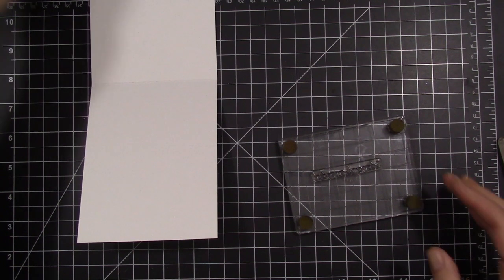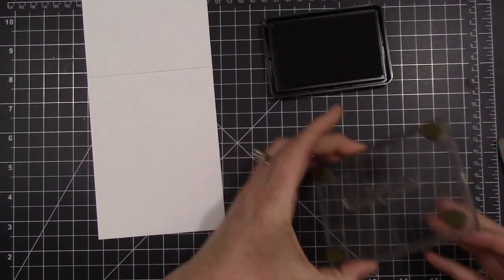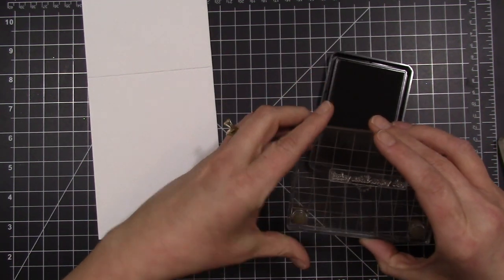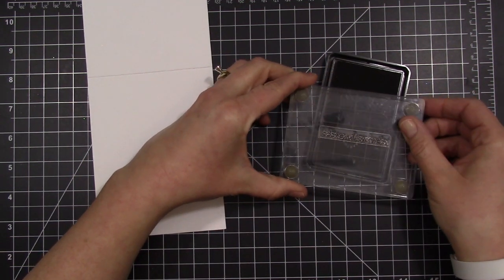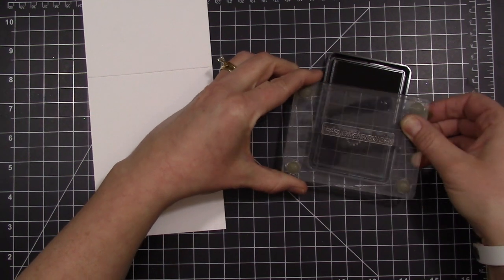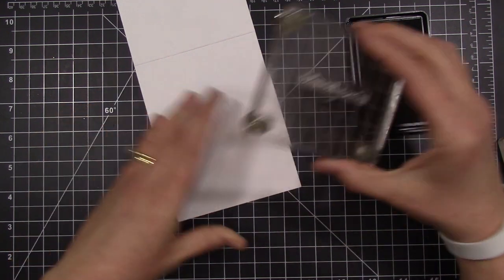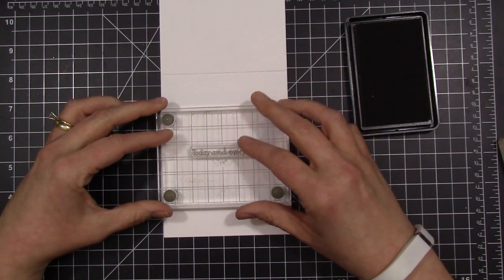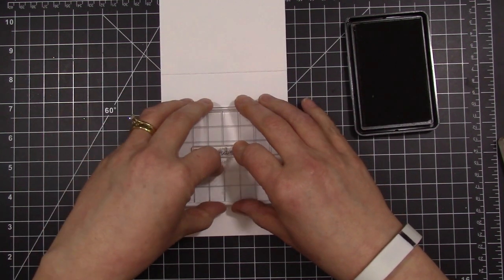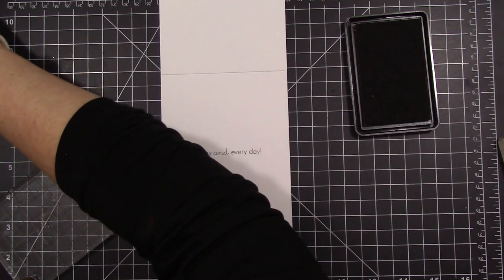So once again, using my Cobblestone ink. Cobblestone is probably one of my favorite inks if you need a brown tone for stamping out sentiments, and it stamps out beautifully. It is a dye-based ink, and usually it takes a little bit to absorb into the paper so that the ink kind of evens out on it. But with the sentiments, I noticed that it stamps perfectly every time. So I'm stamping out the "today and every day." And then I'm going to do the